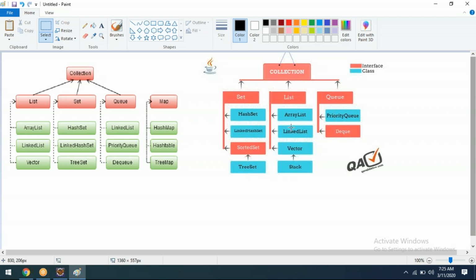Now, before going to the array list, we need to complete the theoretical part of the array. Array we covered. Then collection we covered. Under collection there is a list. First of all, what is the list in the sense?